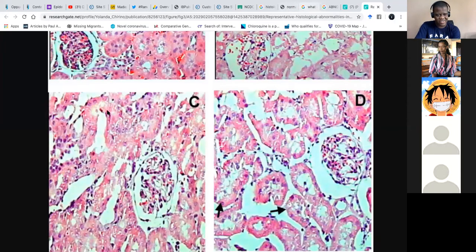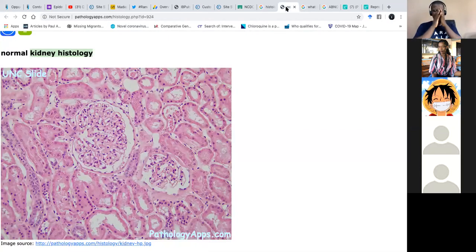And this is the glomerulus here. So what do you see? What is different? Like you said, it's smaller. What about this? Does this glomerulus look like this one? No, it doesn't completely. Yeah, that is the basis of histology.